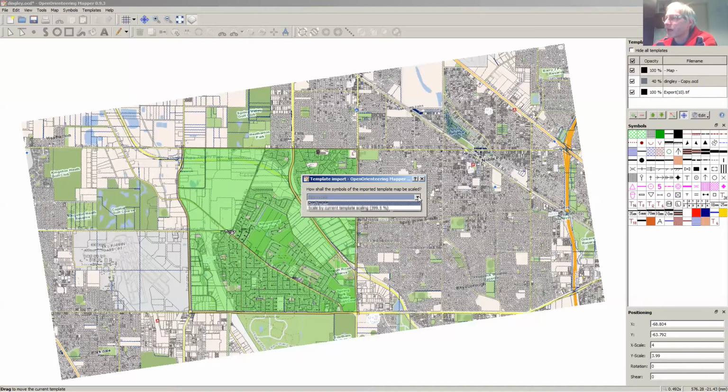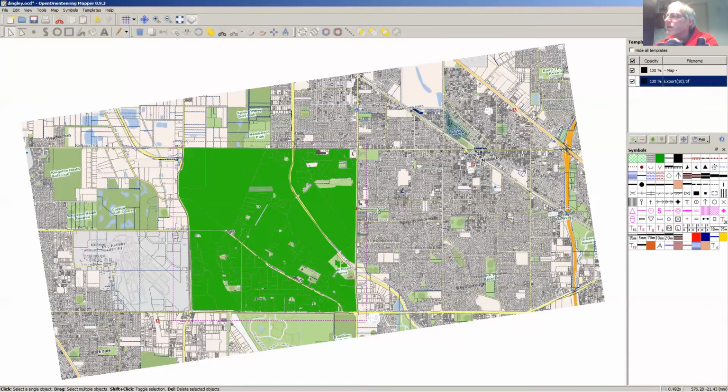Maybe it can't scale the symbols. It's going to scale by 399.5%. Yeah, that's correct, 3.99, yeah. What do I do? Then if we look at that,